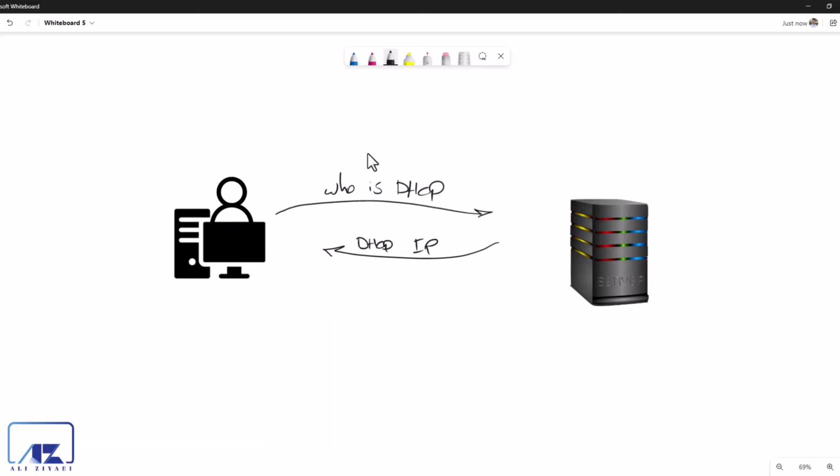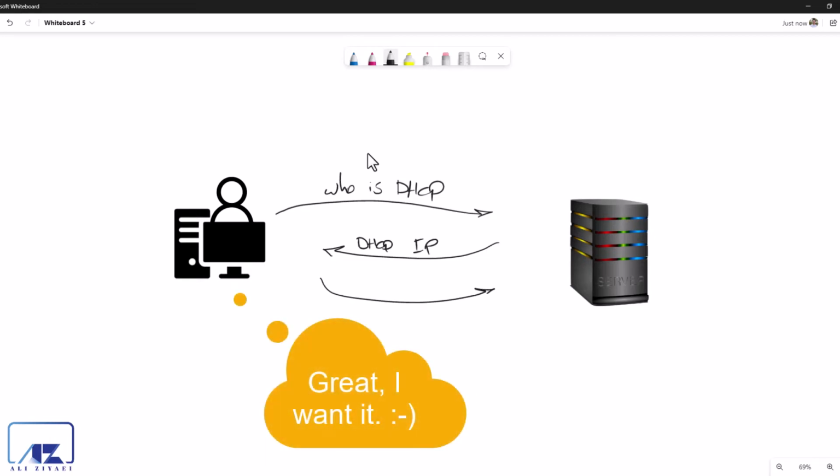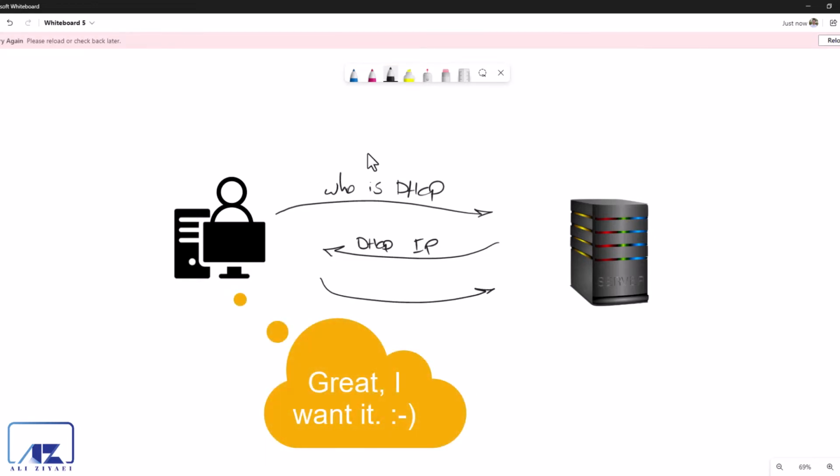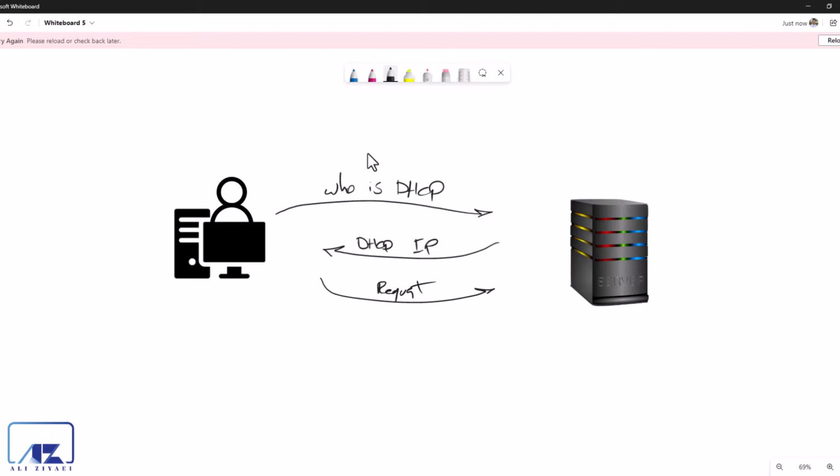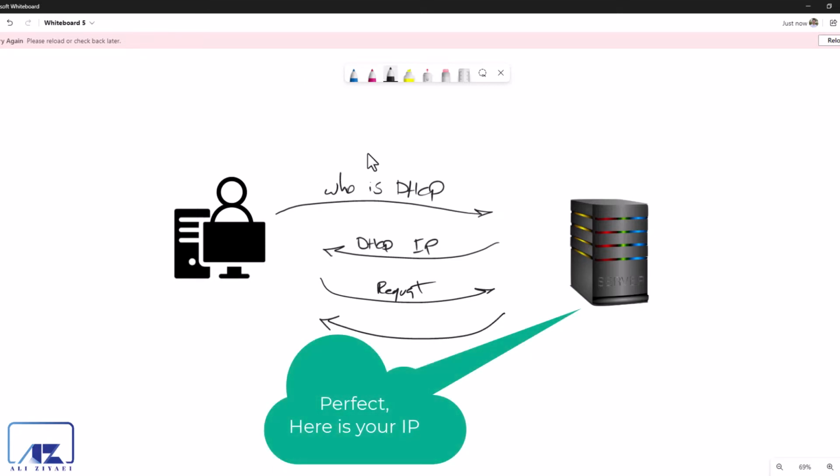Step number 3, the client responds back and says, hey, that sounds like a good idea, I would like to have that IP address, by sending a request. And step number 4, DHCP comes back and responds with a yes, and acknowledges that the DHCP can issue the IP address to the client.